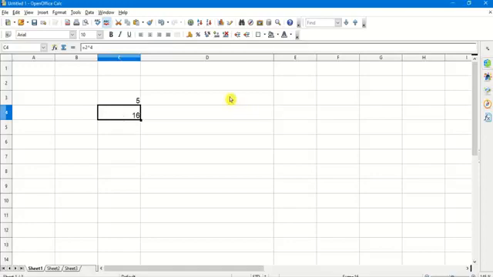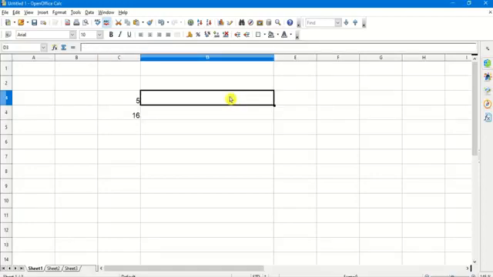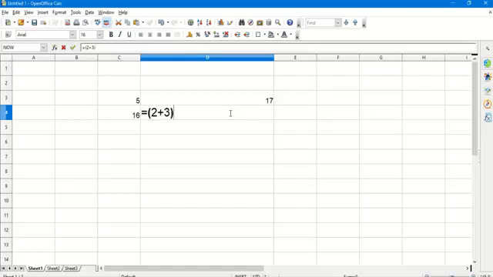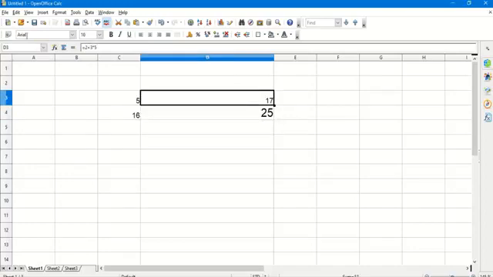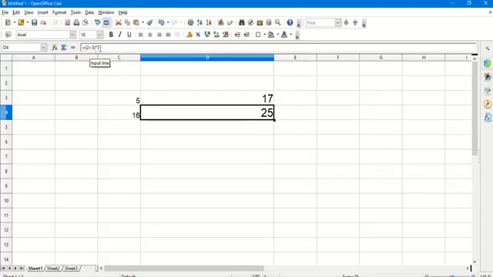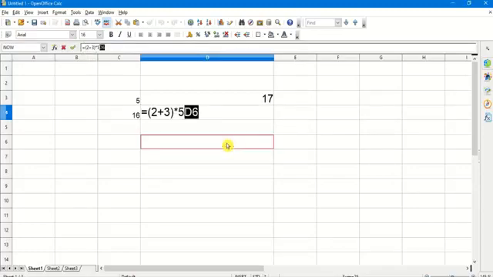When we are doing calculations, mathematical operators always follow the BODMAS rule. If I put a calculation like 2 plus 3 multiplied by 5, I get the answer as 17. But if I include the bracket, (2 plus 3) multiplied by 5, the answer changes because the BODMAS rule is followed. In this case no bracket is used, so I get a different answer, and in case of a bracket, first the bracket is executed and then the remaining part of the formula. This is what we need to understand.